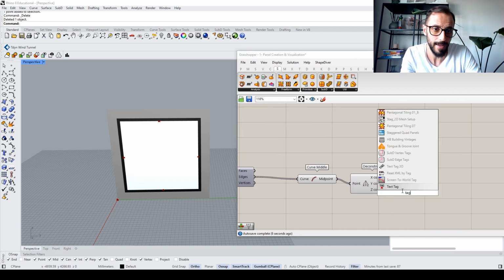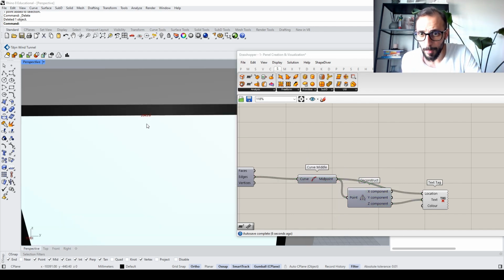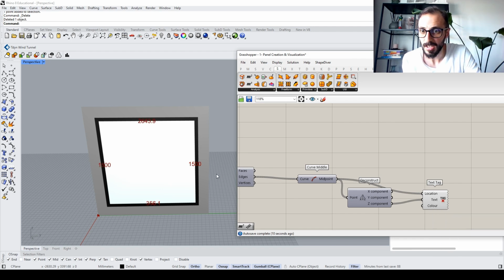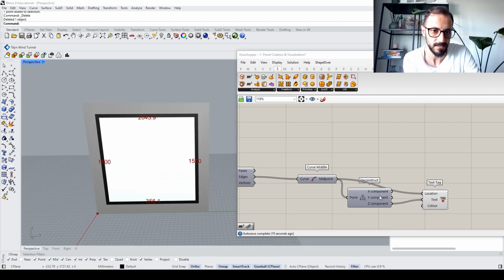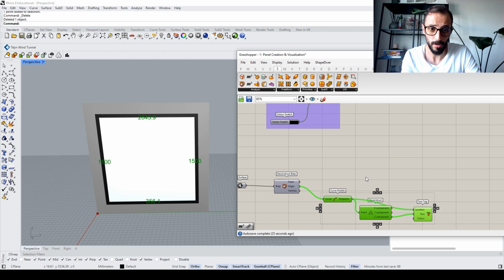If I grab a Tag here, and put this as my text and this as my location, and if I preview this, you see it's like 2,200 something. Maybe I can make it larger, like 1,500 and 356 point something. So I want to take this and this. That's why I am using Sort List,